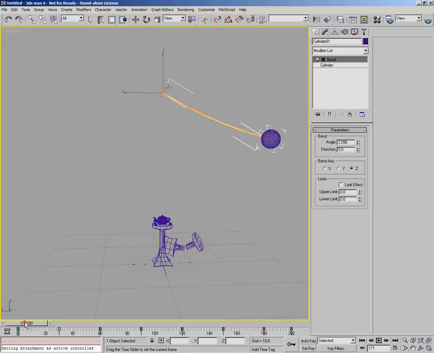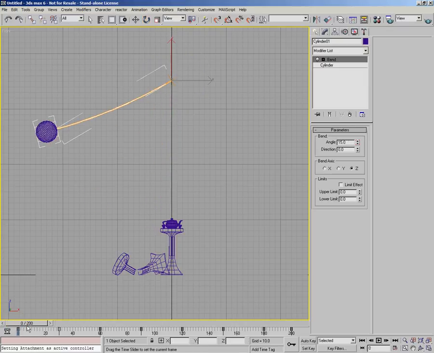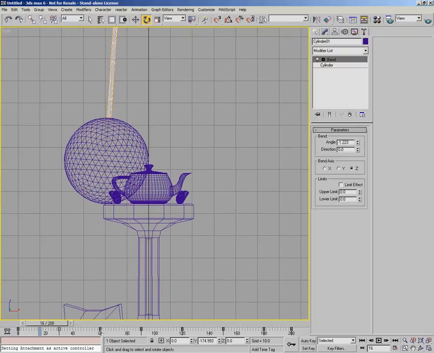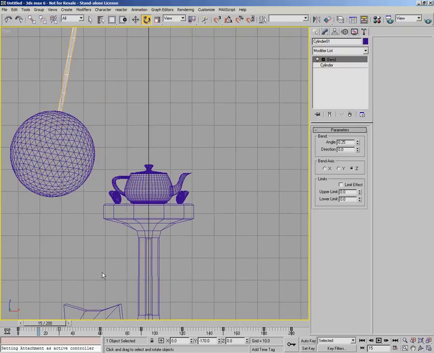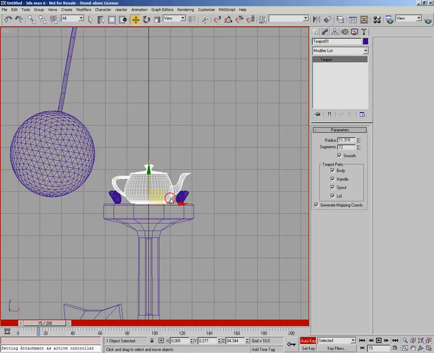When it swings down, it's got to hit the teapot. So I'm going to hand animate it. So as it flies down, it strikes the teapot around here. I'm going to use a front view here, so I can see exactly what I'm doing. Comes down and it's around that frame there. You can see it actually hits between the two frames, between there and there. So on this frame it needs to be static, so I'm going to just put a key in here, just move it slightly,